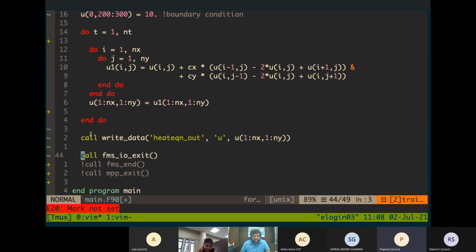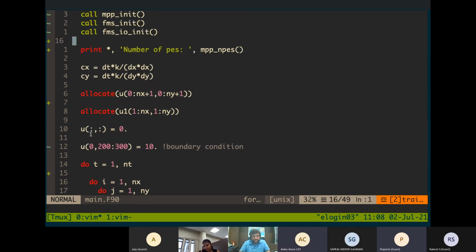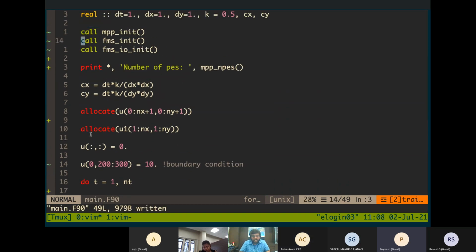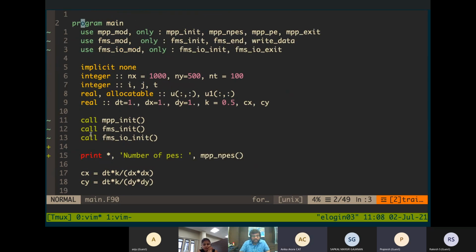So you don't have to worry about that much, because what I'm saying is, yes, we are not yet using MPI here. We are still using only one processor. The code is still serial.